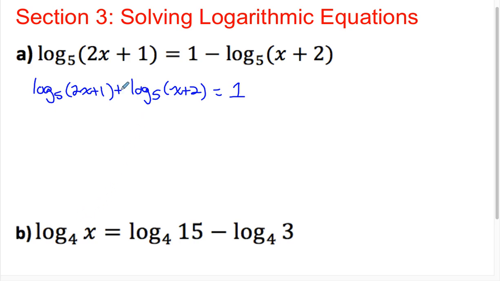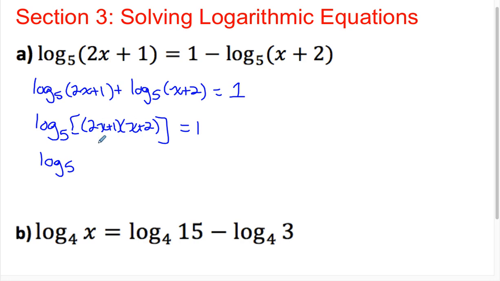of the equal sign. Now when you have two logs with the same base, this is important, they have the same base. When you have two logs with the same base being added, you can write it as one log with those arguments being multiplied together. It's equal to log base 5 of the product of the two arguments. And you can only do this when the bases are the same. So this is equal to log base 5, and then the product of this would be 2x squared plus 4x plus 1x, that's plus 5x, plus 2